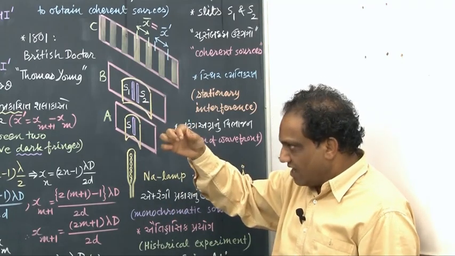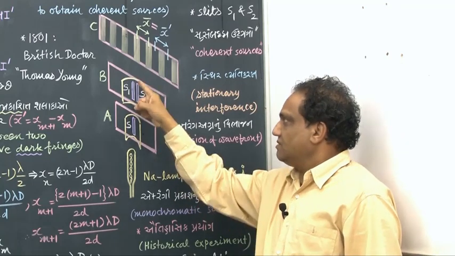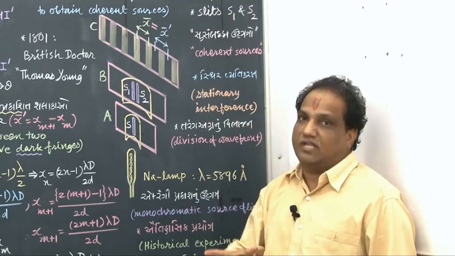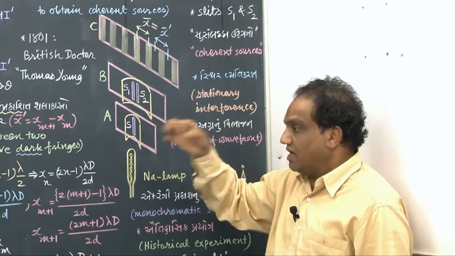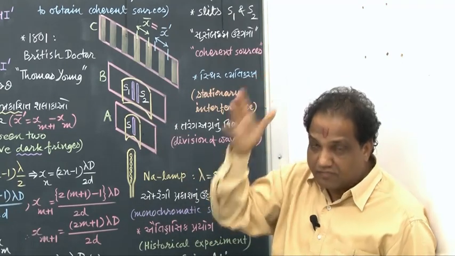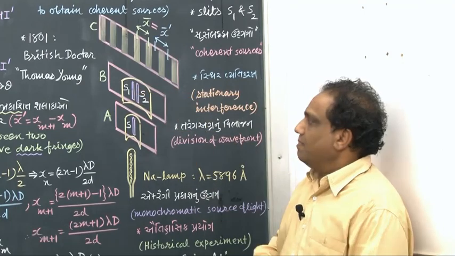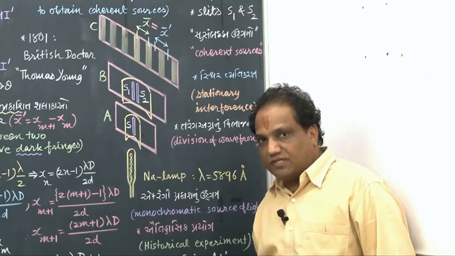Because these two slits are very close, the same wavefront is made incident on both the slits. Not only that, that too simultaneously. So both the slits are now getting illuminated at a time. And now tell me, if you select points on these two slits, they are actually points on this wavefront, and